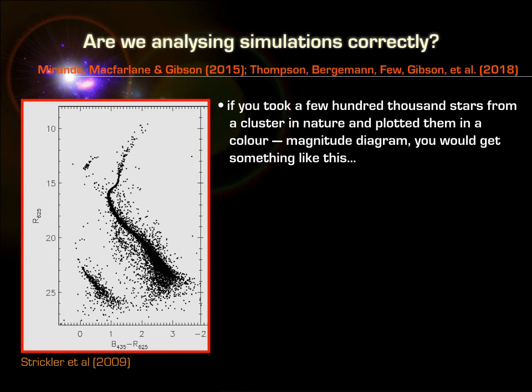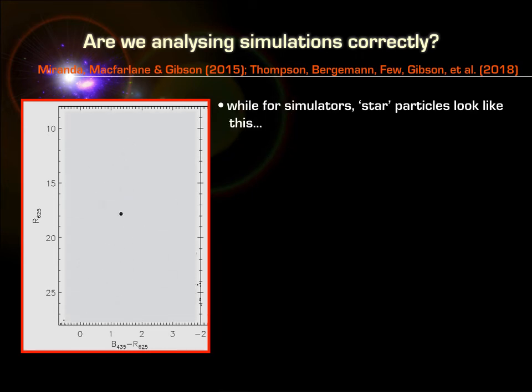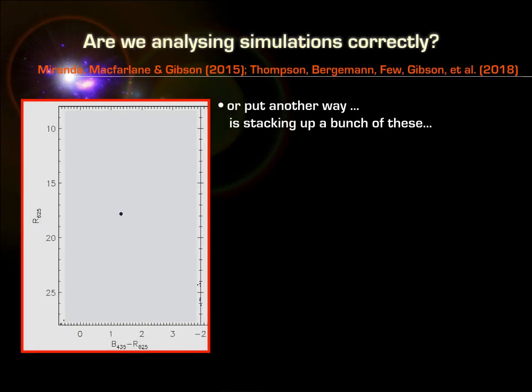That's what it would look like. But for us inside of simulators, those 100,000 stars actually look like this. It's an individual star particle. And so I guess the broader question is, is stacking up a whole bunch of these things, which hide an enormous amount of information in one single point,